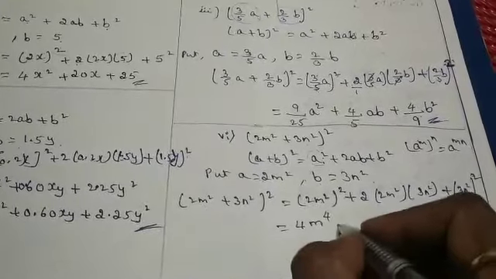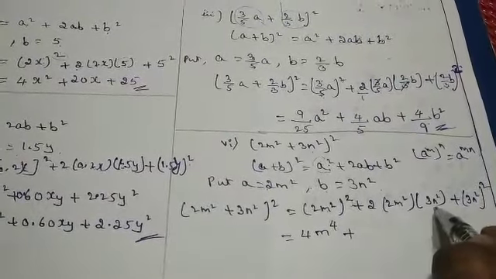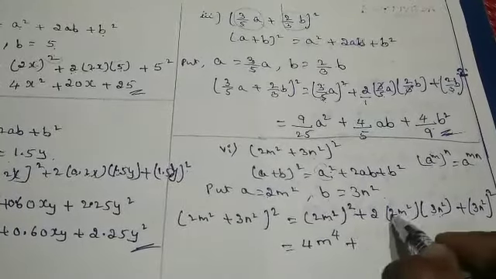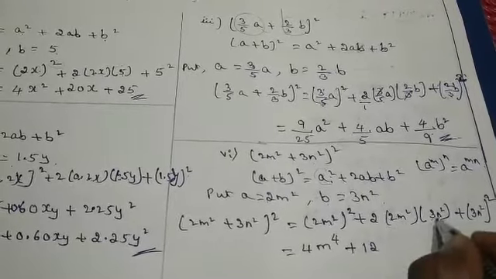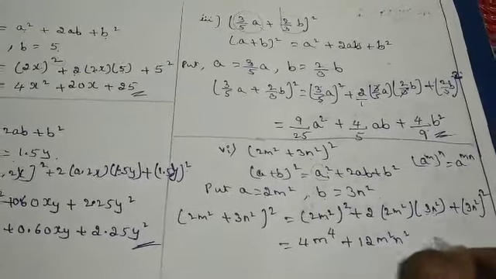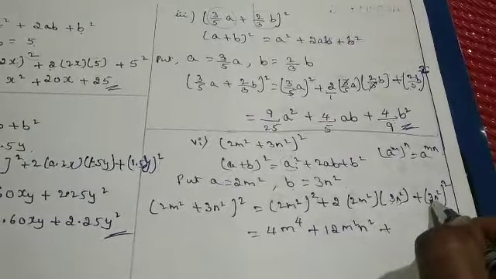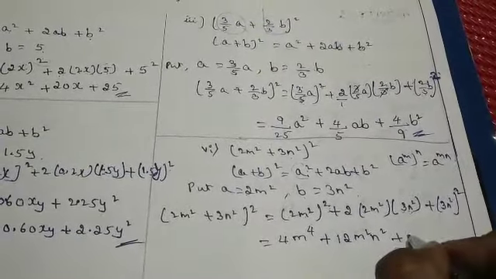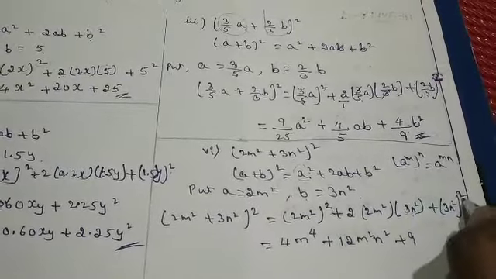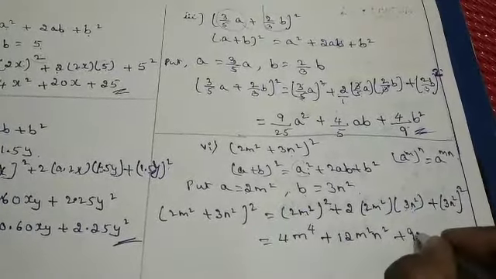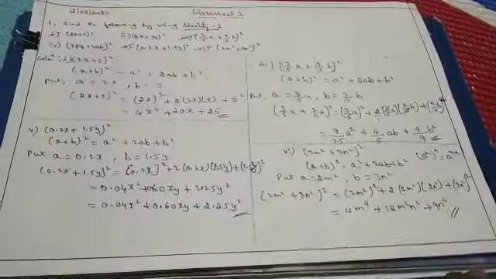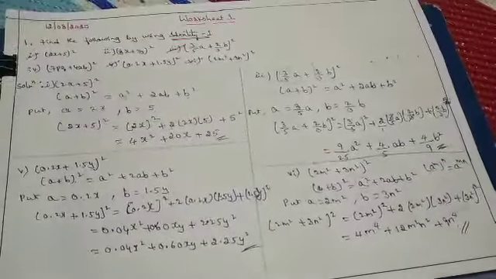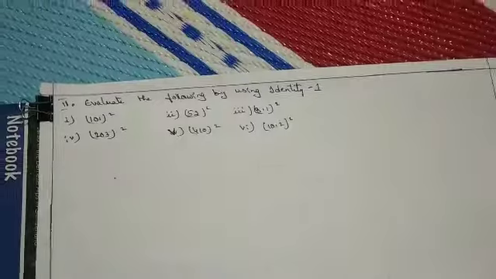Plus multiply the numerical coefficients. 3 2s are 6, 6 2s are 12. It's like children multiplying monomial with the monomial. Okay, m square n square, keep it as it is. Plus now equate the square for the coefficient first. 3 square is nothing but 9. n square whole square is nothing but n power 4. So here also the same, that is unlike terms, no further addition, children. So hope the first main is clear for you. Now I'll move to the second main.